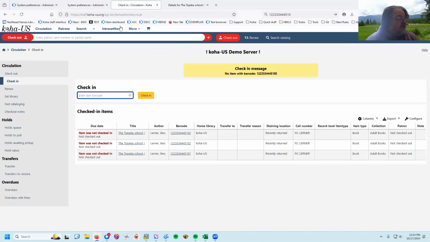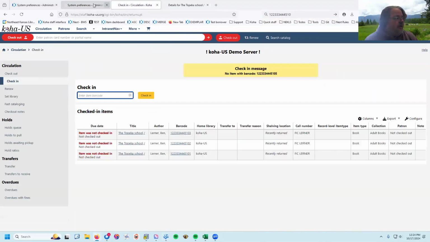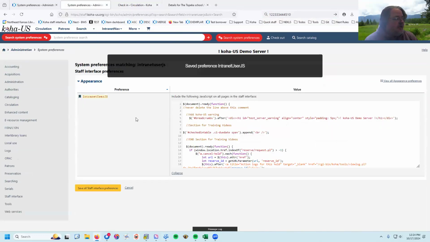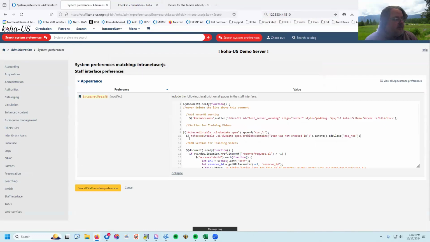And so that puts them on nice separate lines, which I like. And then there are some situations where I do want that message to appear when there's weird circumstances dealing with the item. It's like a warning that you don't need for every single item that you check in that isn't checked out. So what I did is I wrote,